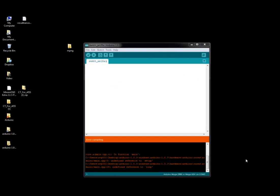All right, so we've got the board plugged in to the computer, and that's going to be on COM7. Loaded Arduino SDK, and we're going to get this configured with the sketch. So the first thing we have to do is load the Ardupilot sketch. And what we're going to do is, hang on a second, let me just move some stuff around here